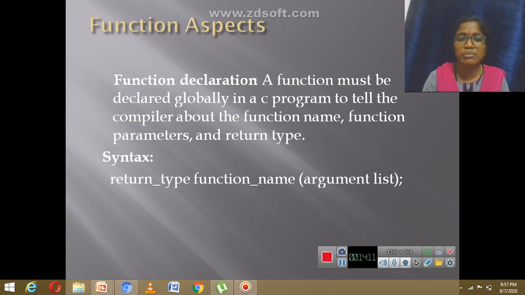So here comes the return type. It tells what type of function I am going to use. What are the primary data types? Either it can be int, char, float, or double. So it tells what type of function it is. Suppose I am writing a function called addition.